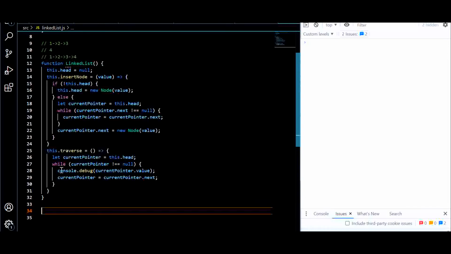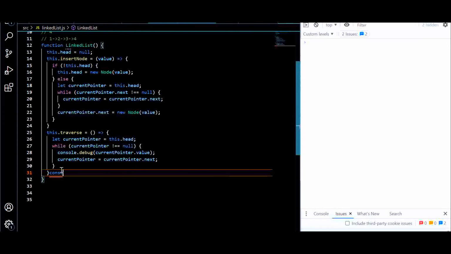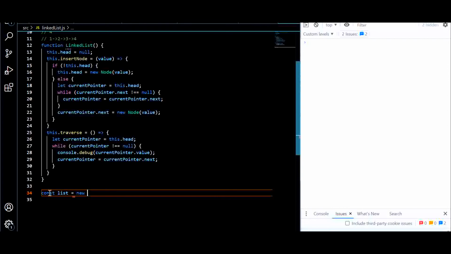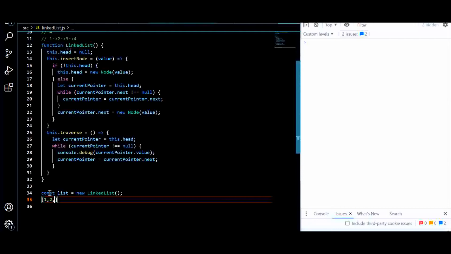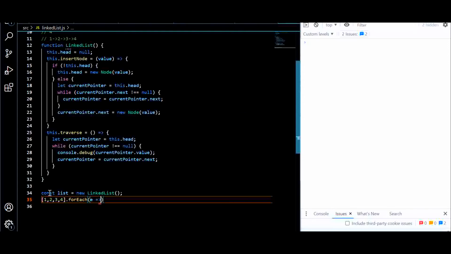For doing that, I'll have to create an object of linked list. I'll have to instantiate a linked list. So let's do that. List equals new linked list. Right now my linked list is empty. Head should be pointing to null. Let me insert a few nodes quickly in this. I am going to do that through an array. I take each element and I'll just say list dot insert node that element,